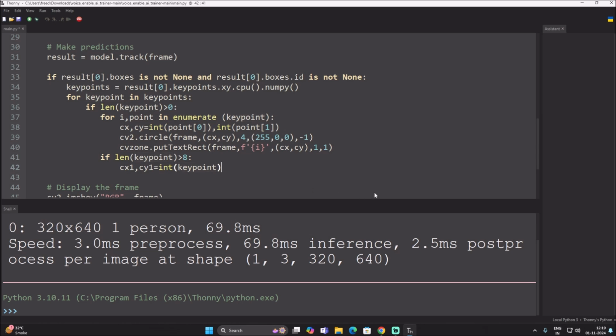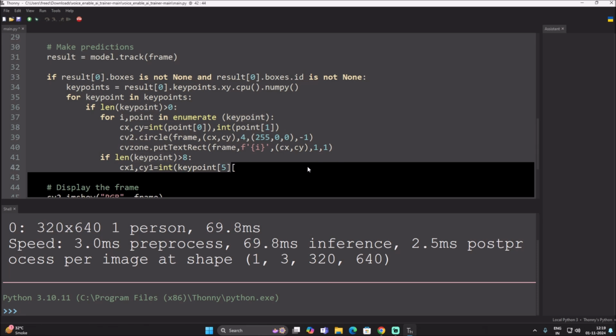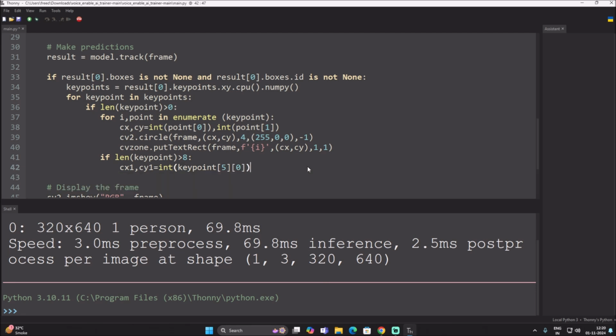and the first key point number is basically fifth, so mention fifth number point, and from a fifth number here we want to mention like this way. From fifth number key point we need first point which is 0, and then we will mention again same way int key point, same fifth number, and this time we will mention first. Simple. So now let's just say over here, let's just copy the circle method,